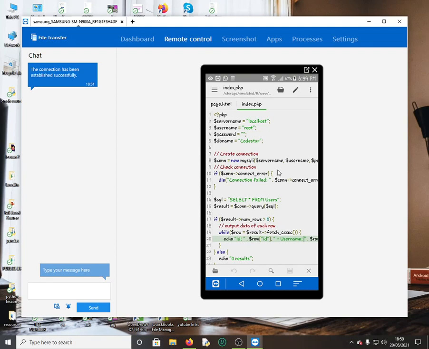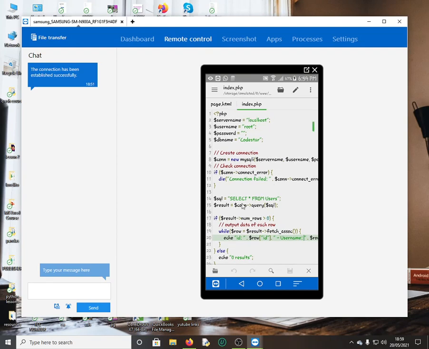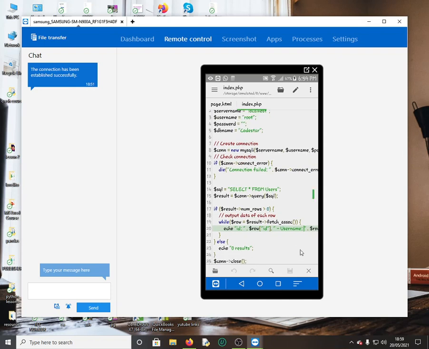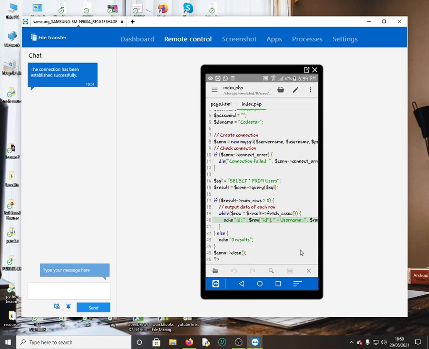Then after connection, there is an option to select all from users. It's code that I wrote before I showed you this stuff, so as to cut the video short so that you can get to understand how it works. Now this one is okay, up and running. And where are we saving the content? On storage, emulated 0. So what does this mean? This means that